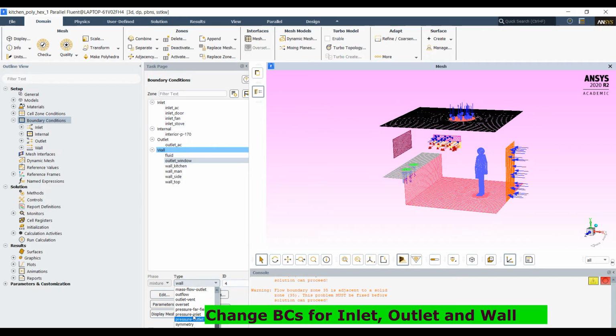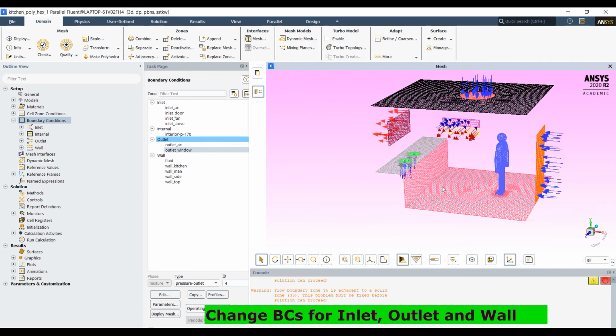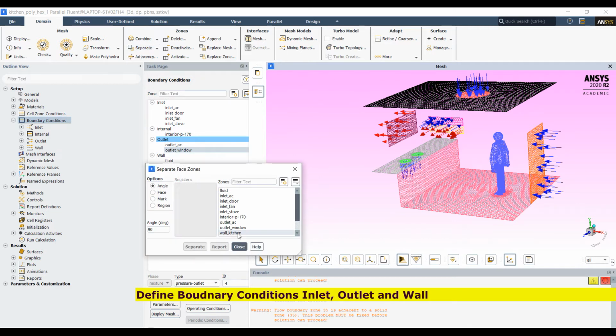We can define it as a pressure outlet boundary condition. This way, this domain is created, and we can separate the wall side. For separating the wall, you can use an angle of 89. You can separate.